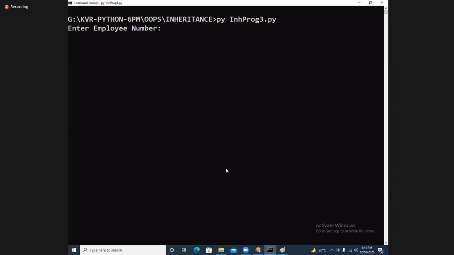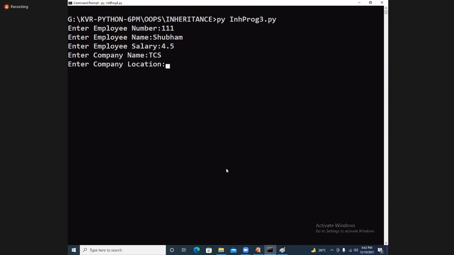Enter employee number: 1111. Employee name: Shubham. Enter employee salary: 4.5. Company name: TCS. HYD. See, I will get the details of the employee plus the company name where he is working.